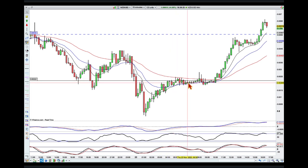Now, all of this consolidation happened in the middle of my night. So in my morning, we were still consolidating underneath this level. Now, within these two candles is the change of day. So this is when, for me, it is 8 a.m. and it's the time that you get the wider spread. So we need to be careful about basing the beginning of the striking on the highs and lows of those candles, because they might be just the edge of the spread